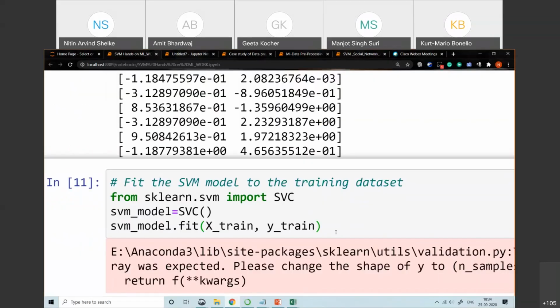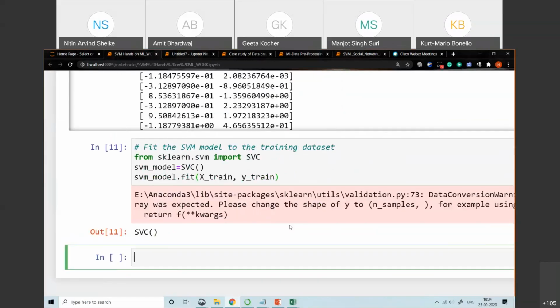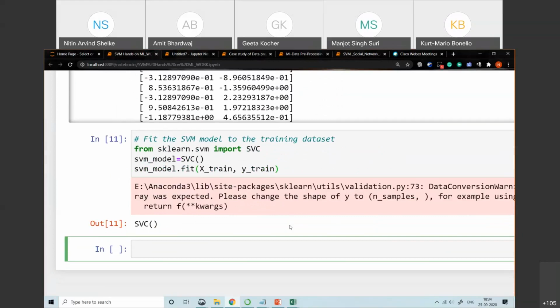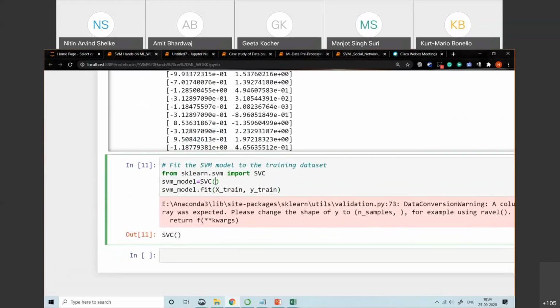Now, you can also use the kernel. Let's suppose I want to use the kernel for this data set as linear. So you can use the linear kernel over here. There are 4 types of kernel: polynomial, then your Gaussian kernel, that we can call RBF, radial basis function kernel, and the final one is the sigmoid. The mostly used kernels are the linear kernel and the RBF kernel. Specifically, the linear kernel is used for the linearly separable data set, and the RBF is used for handling the linear as well as the non-linear data set.